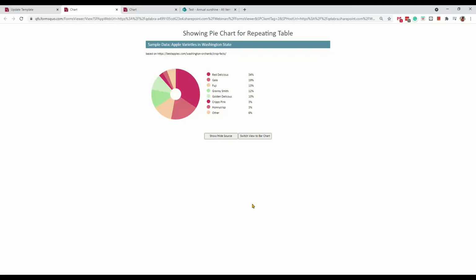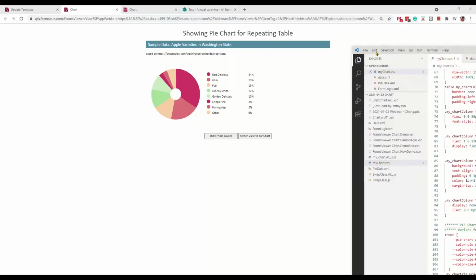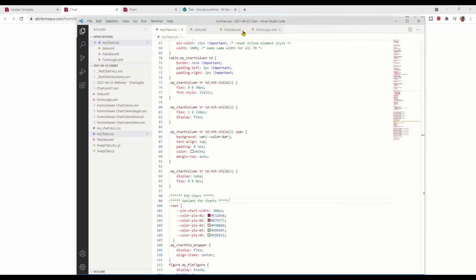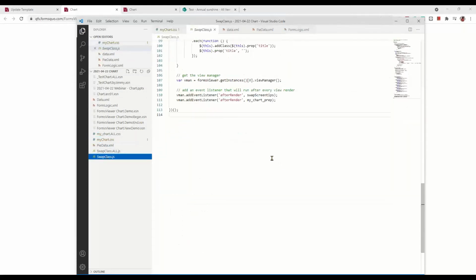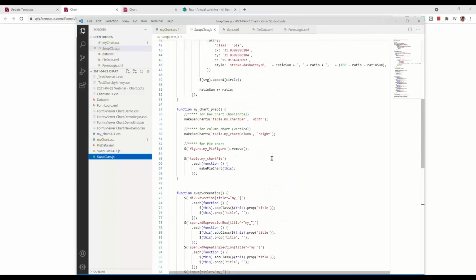Yep. So in the case of the pie chart, we just finished this one. The difference is that in the case of the bar chart, we can just modify a little bit using existing HTML elements. But for this one, how can we do that? Just repeating a table cannot do that. So what we do is add an SVG element here. So if you are interested in it, we are going to